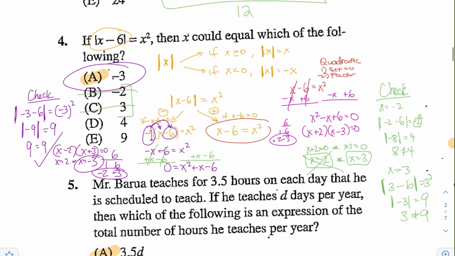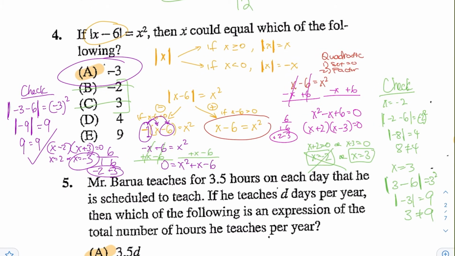So here you can see that when you have an absolute value quadratic, it's pretty annoying to solve because you need to do a lot of steps. You always have to check your work because sometimes you have these extraneous roots over here and they don't work. So when you have an absolute value and a quadratic, and if you don't have any choices, you will just have to solve it using these multiple cases here, which is